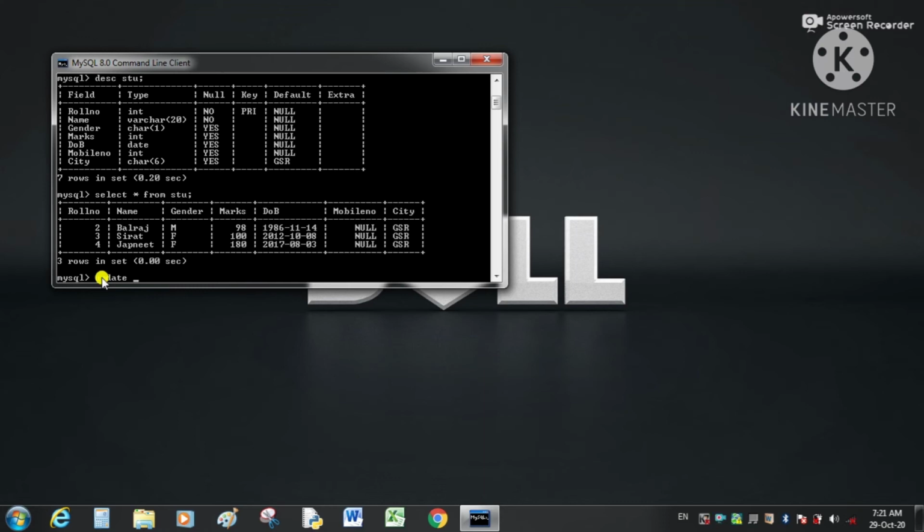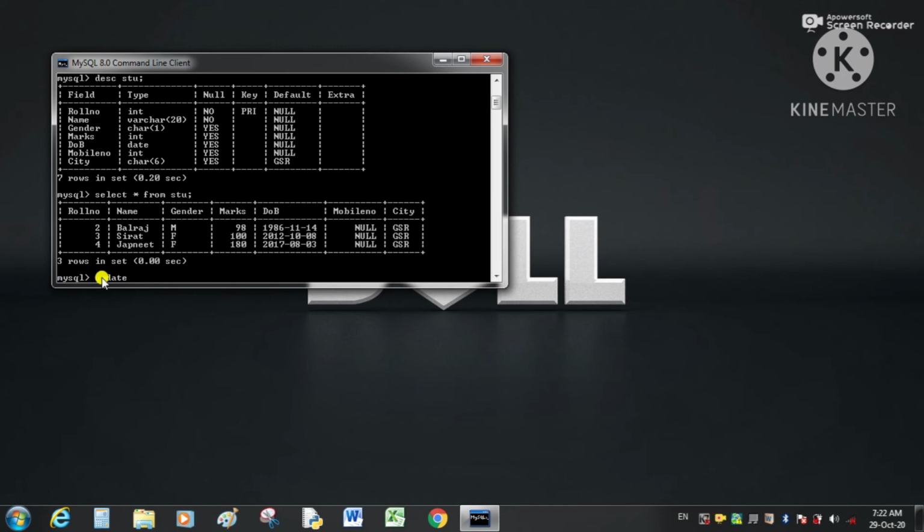One rule which is used is that we can write the reserved keywords in uppercase letters, for example insert into, update, create, where, set. Here I am using small letters, but all keywords can be written in capital letters.